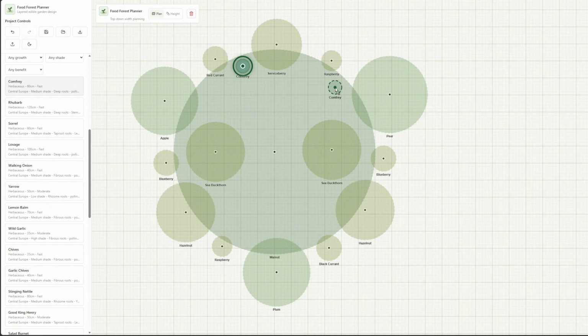I don't think that's realistic, certainly not for now, but something that helps you think. Something that lets you place plants, understand their mature size, see how they might interact, think about layers, and slowly build a design without needing to hold every single detail in your head at once. That's the idea behind the Food Forest Planner.